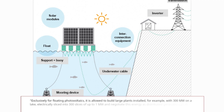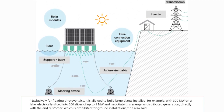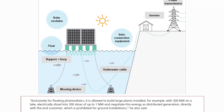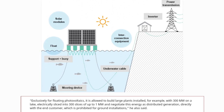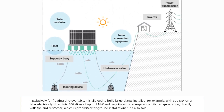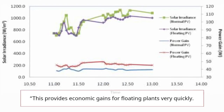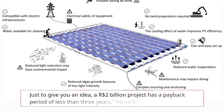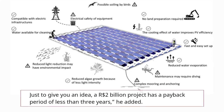"Exclusively for floating photovoltaics, it is allowed to build large plants installed, for example, with 300 megawatts on a lake, electrically sliced into 300 slices of up to 1 megawatt and negotiate this energy as distributed generation, directly with the end customer, which is prohibited for ground installations," he also said. "This provides economic gains for floating plants very quickly. Just to give you an idea, a 2 billion Brazilian real project has a payback period of less than 3